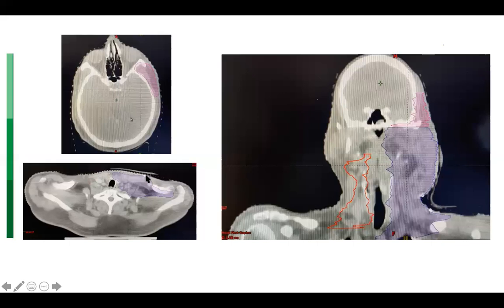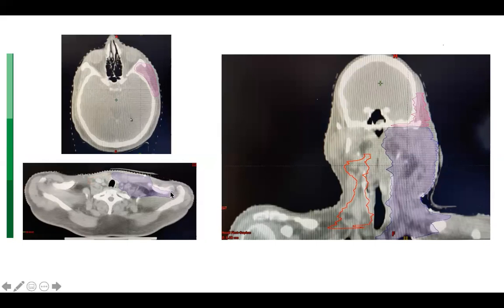The lower neck, in this case, treated to 60 gray because of the node positive. The contralateral neck being treated because of N+ status of the ipsilateral neck. So there are two aspects I'd like to discuss here. One is the difference, of course, that on this side the neck node is not involving level 5, and the fact that here we are going traditionally as we would for treating the neck, as per the various atlases.